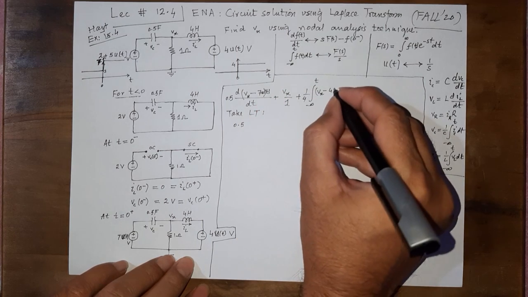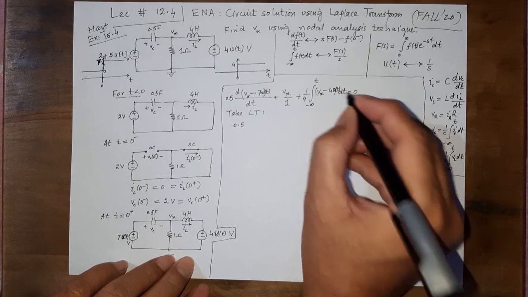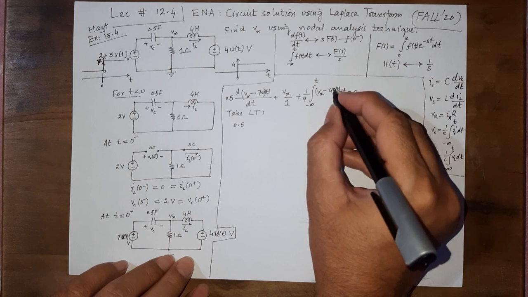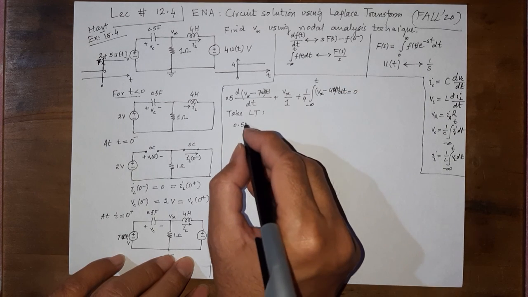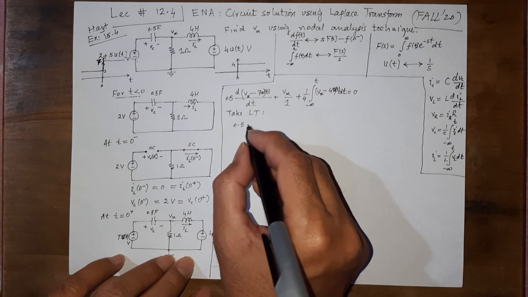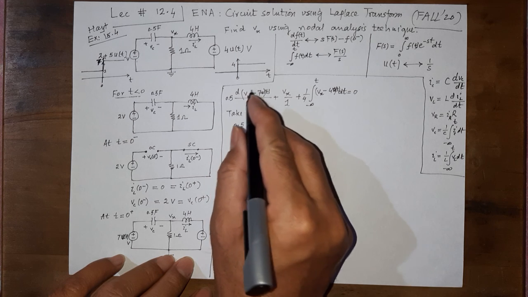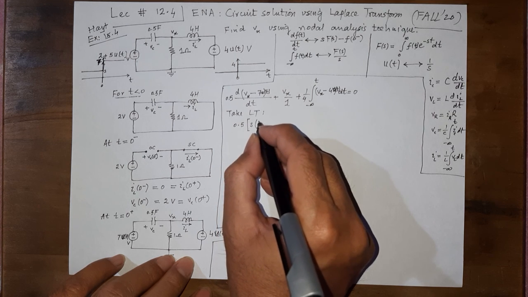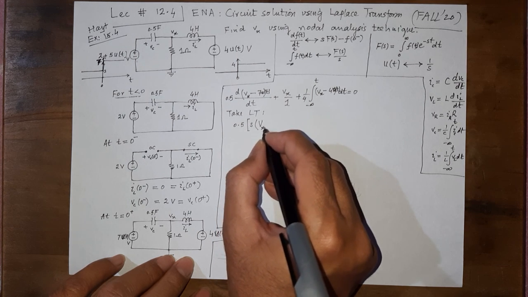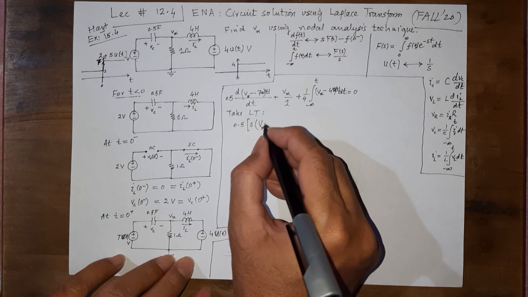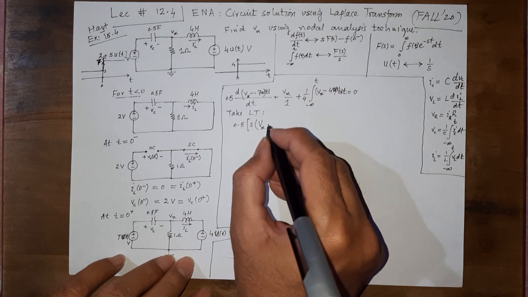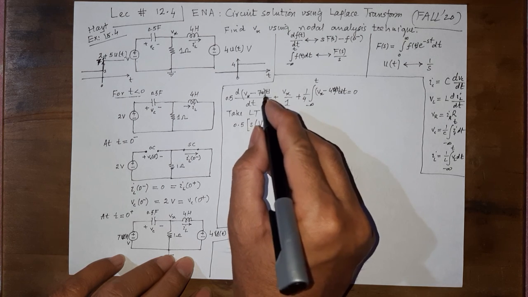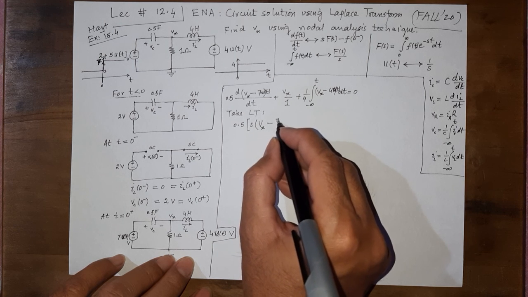Let me write it explicitly. And we can write 0.5, this is the derivative of a function, so we get s times the Laplace transform of the function. So Vx is Vx of s actually, but I am skipping that, minus the Laplace transform of 7 u(t), which is 7 over s,